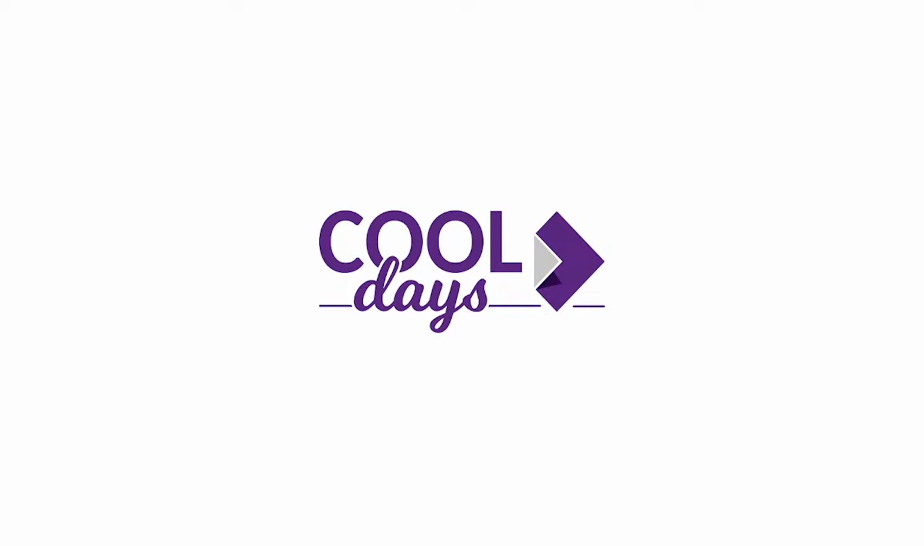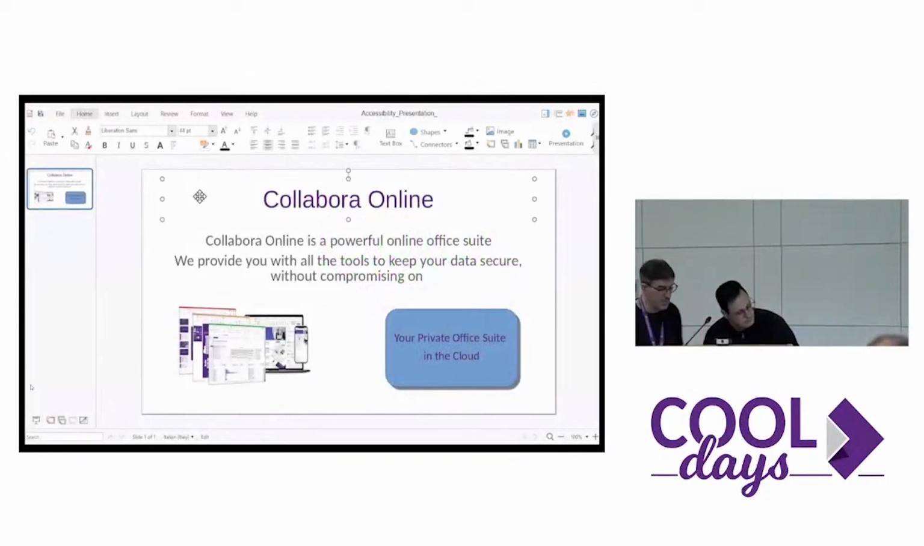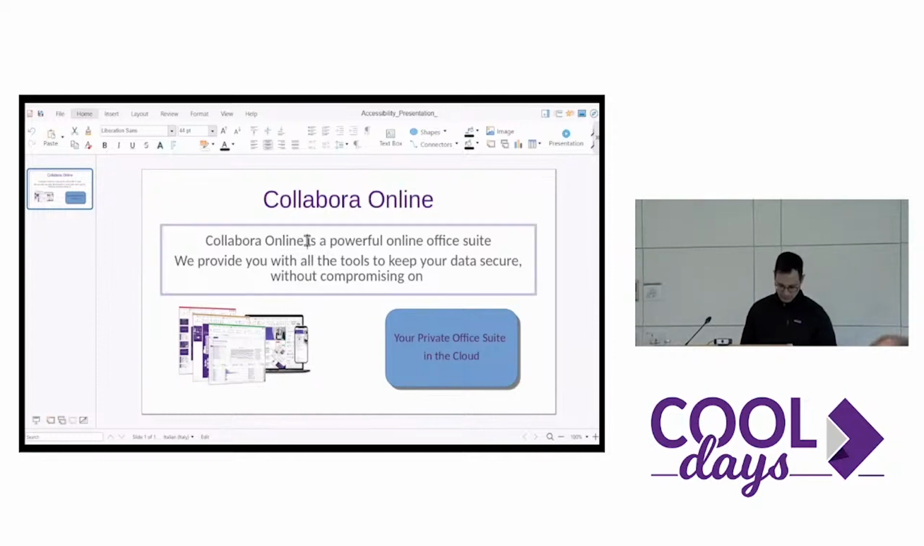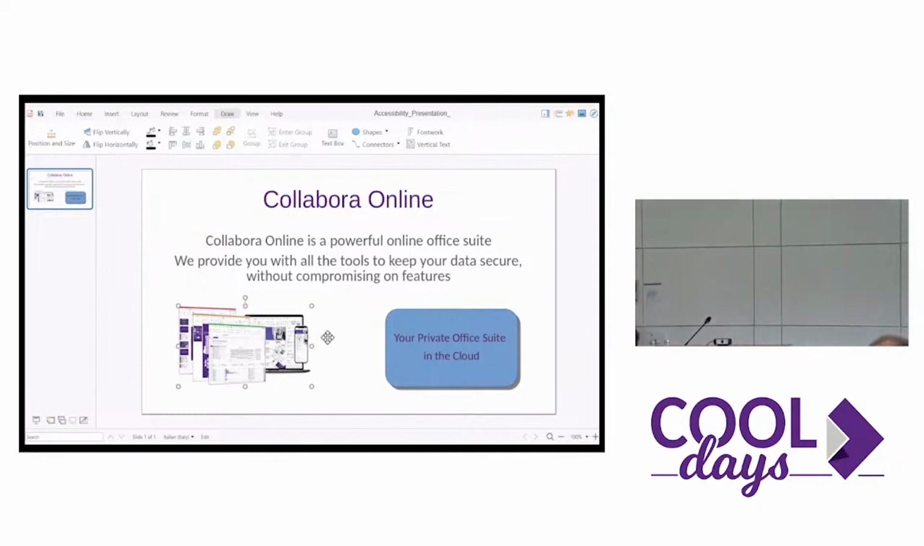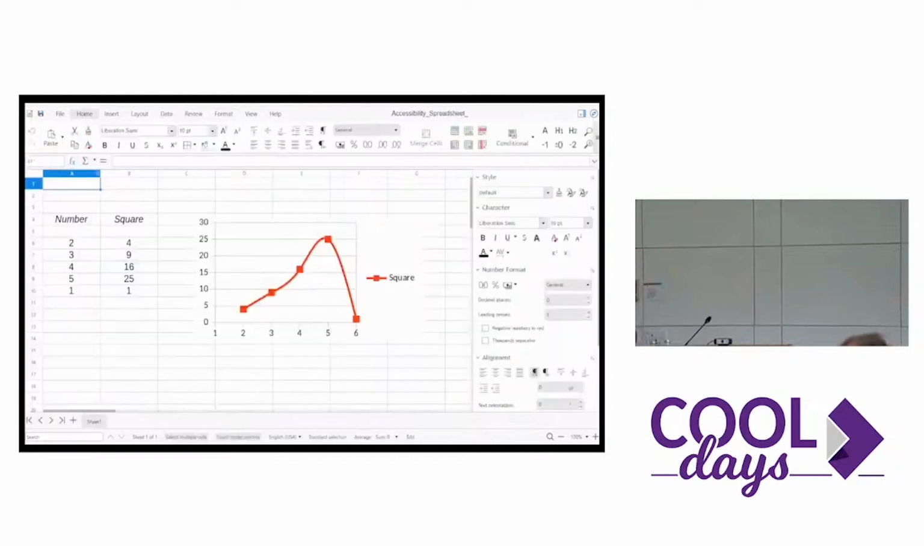Online Google Chrome. Online document. Presentation title selected. Has text, Collabora Online. Presentation subtitle. Editing activated. We provide you with all the tools to keep your data secure, without compromising on FEATURES. Graphic selected. Graphic unselected. Rounded rectangle selected. Has text, your private office suite in the cloud. Bring online Google Chrome. Online